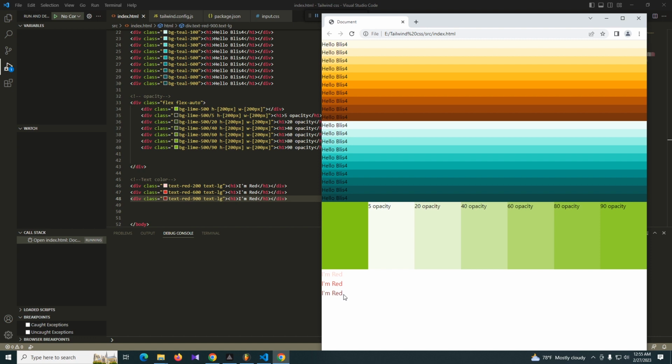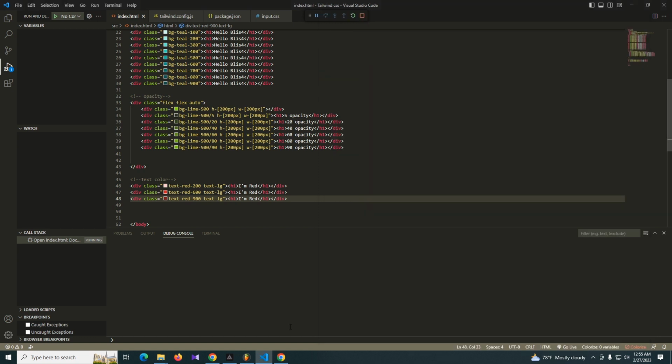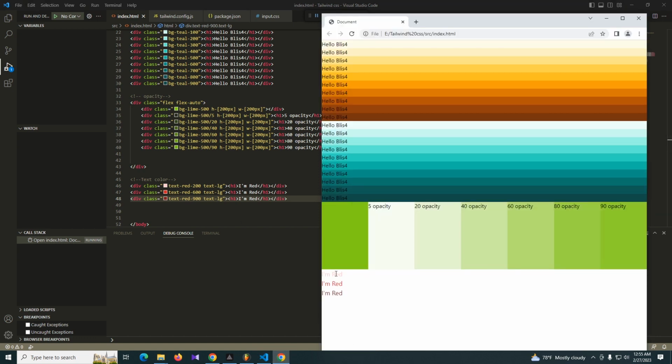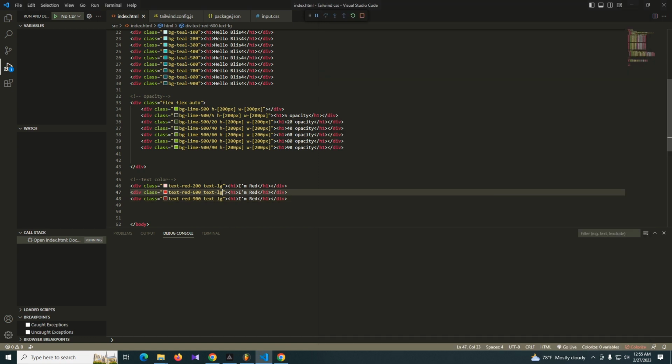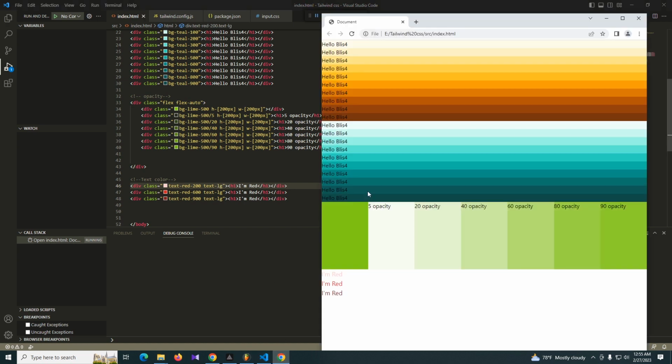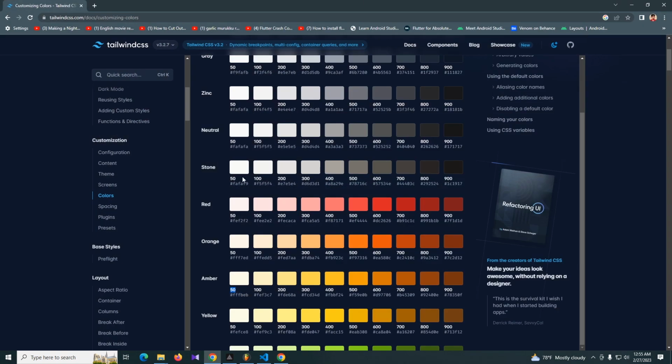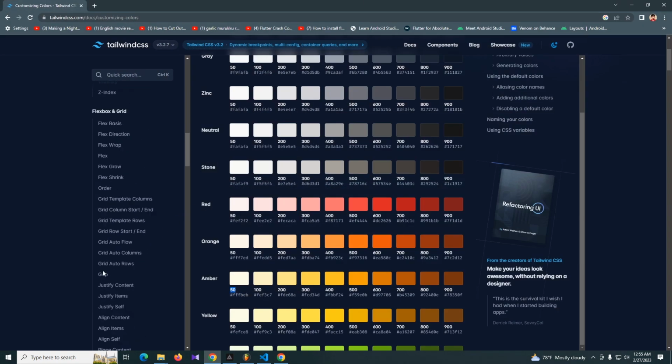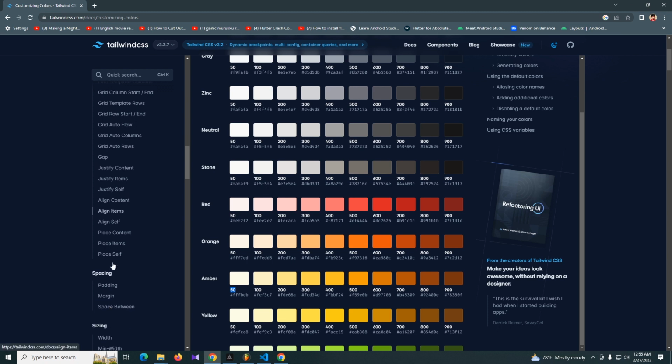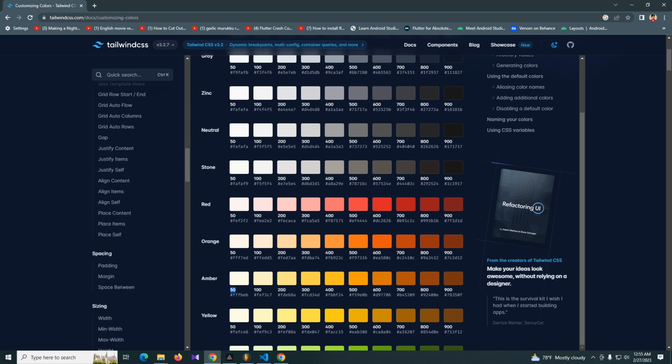Right now you can see the text color mode, and we can do this more larger, and I'm coming to my documentation and let's search for